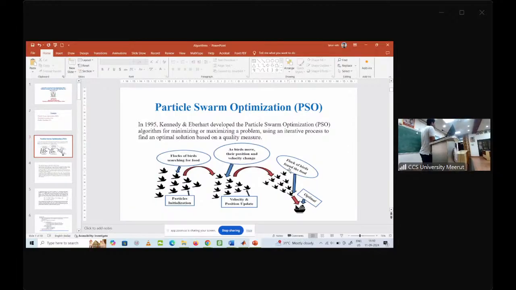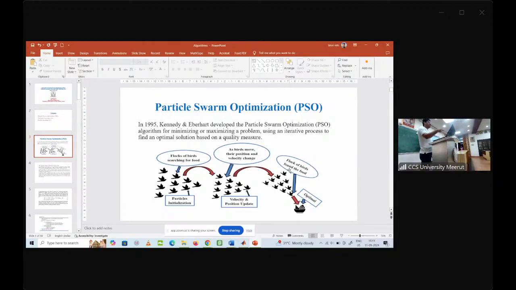It is based on a flock of birds. जो हम birds को देखते हैं कि कैसे वो एक साथ फूड को सर्च करने के लिए चलते हैं। सभी देखो, बिल्कुल प्रैक्टिकल एप्लीकेशन है। तो फ्लोक ऑफ बर्ड्स सर्चिंग फॉर फूड, दैट मीन्स यह पार्टिकल इनिशियलाइजेशन है। Next, as birds move, starting as a flock of birds searching for food,